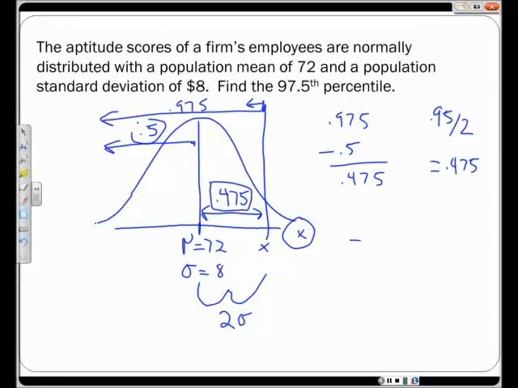We started at 72. We're going to add 2 standard deviations. That's going to be 88. So if you scored 88, you would be at the 97.5 percentile. Quite frankly, this is the one, as far as the normal distribution, that tends to give a little bit more trouble on the percentiles, although,